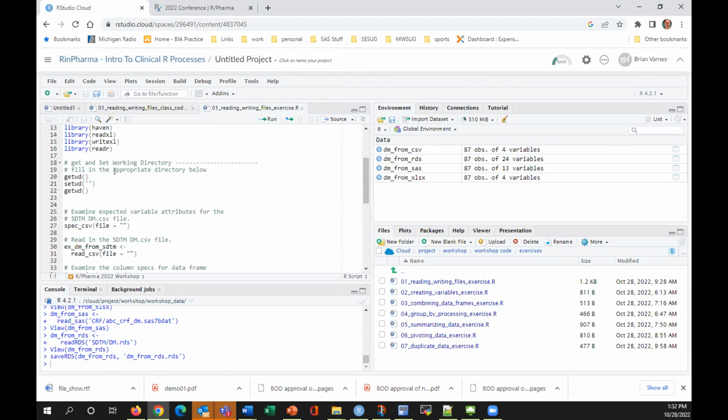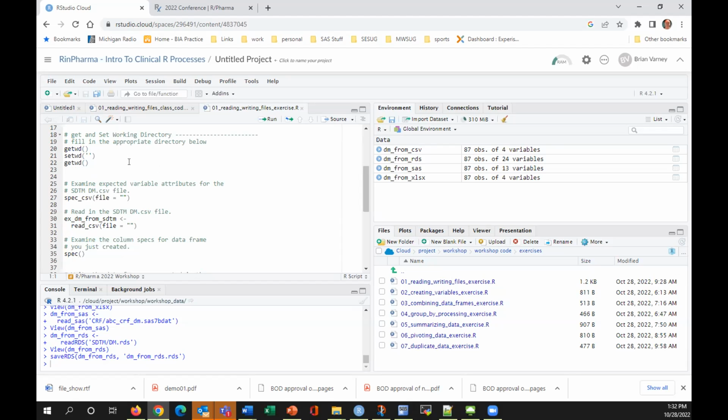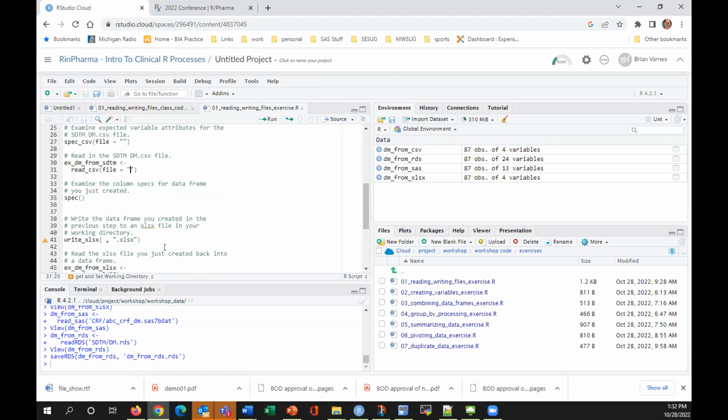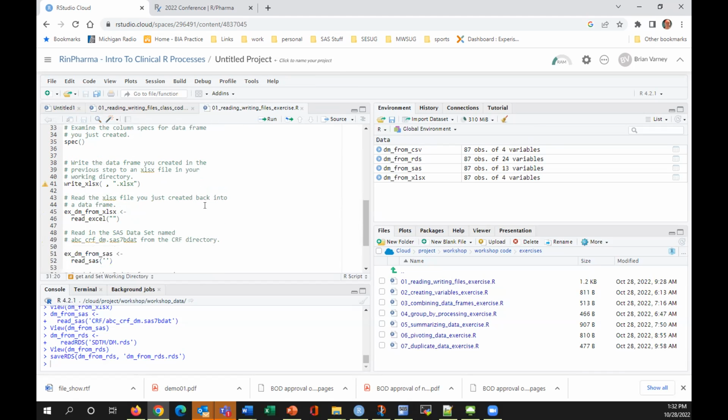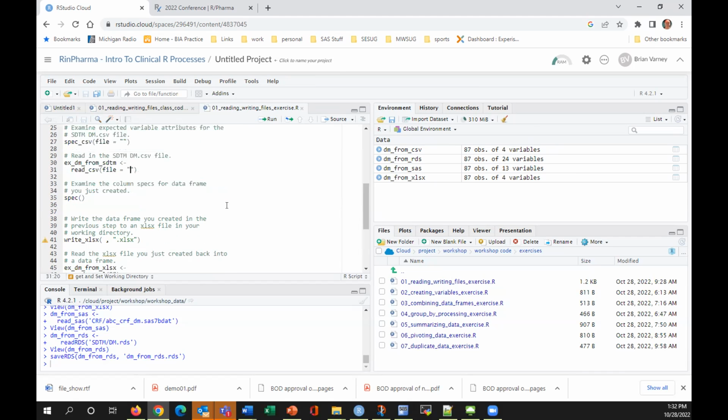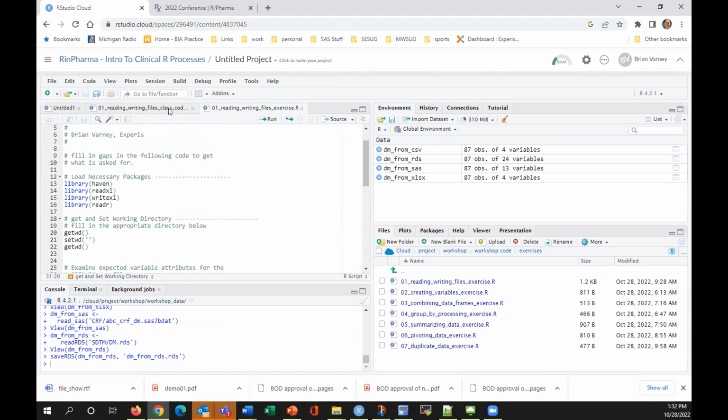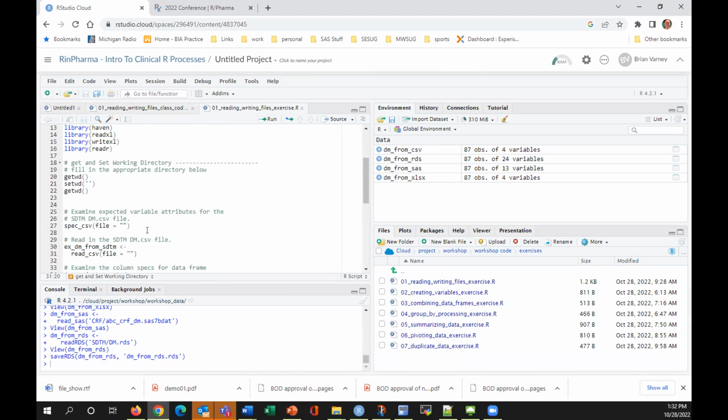And in here, it'll ask you to fill in things to finish out. So the request is in the comments, and then you just need to finish the code to get the output that's requested. So it's very similar to what we went over. It's just now you're on the spot to fill in these,